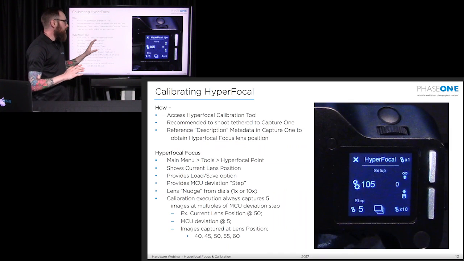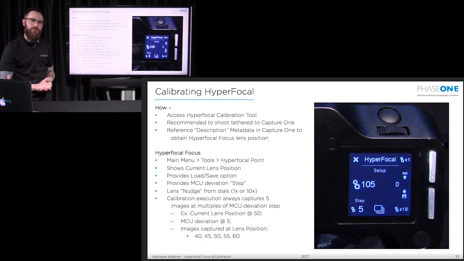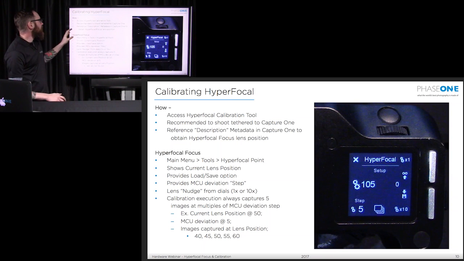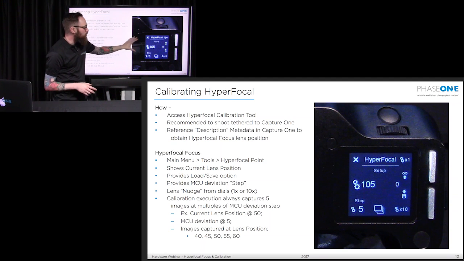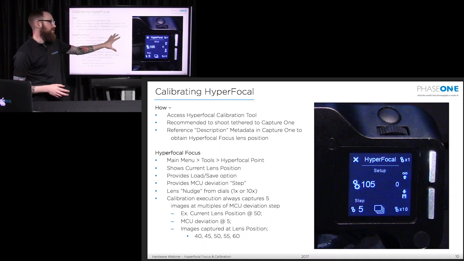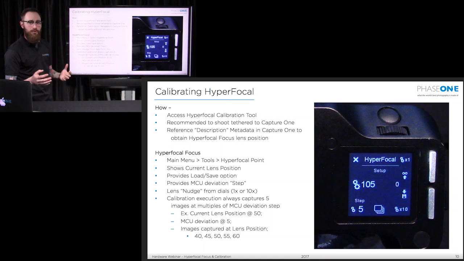So, I'm going to briefly go over the setup, but again, I'm going to repeat a lot of this when we switch over to the overhead camera of the XF. So how am I going to go about calibrating the autofocus? This is the actual tool, the hyperfocal focus tool, and it's a calibration tool. This tool does not need to be on every time you want to use your pre-saved hyperfocal focusing point.